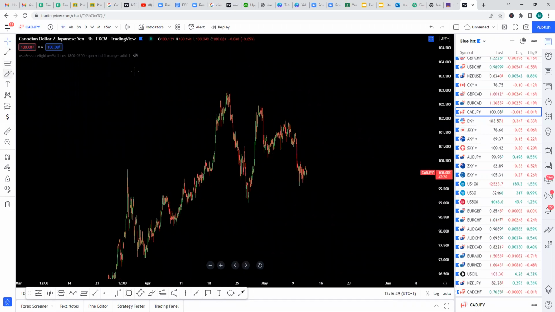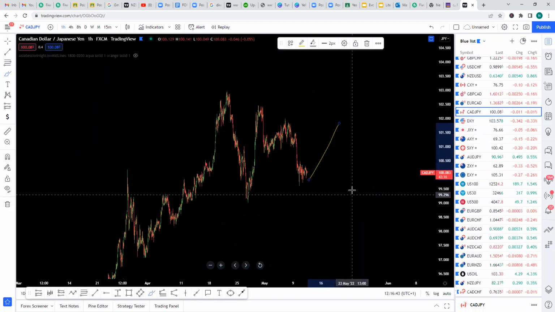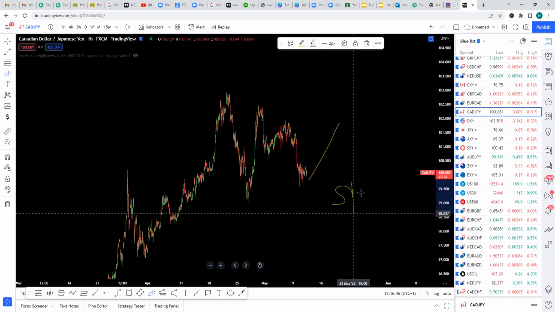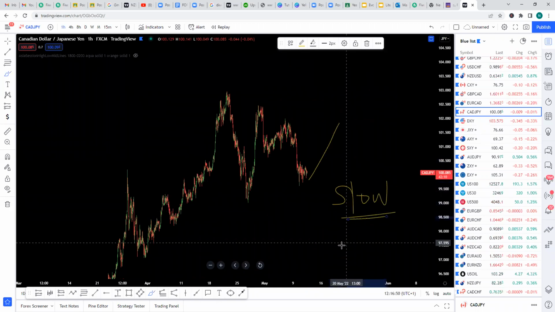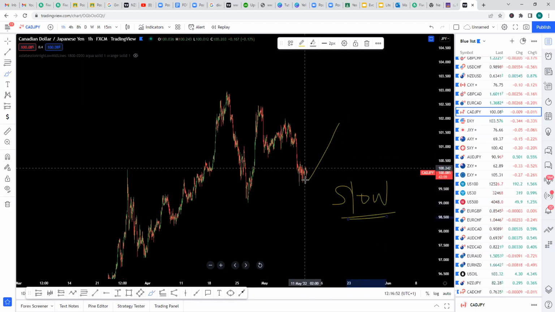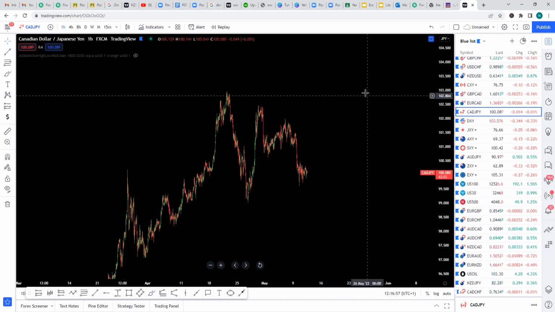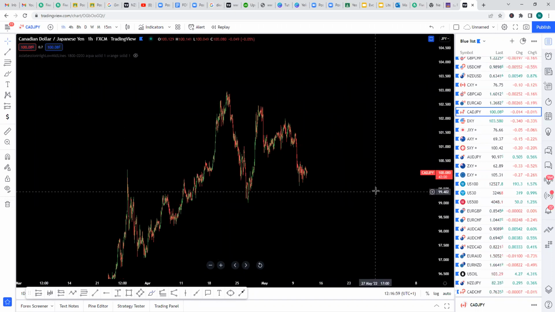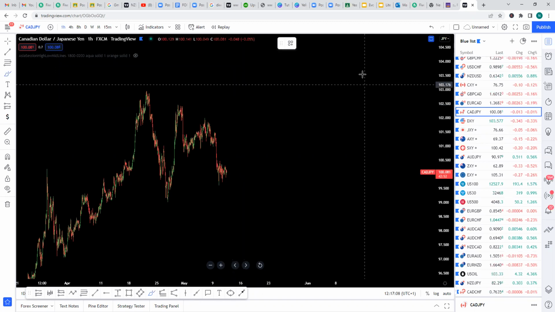We are still biased to the upside, but unfortunately, this week market has been extremely slow. Market has been extremely slow, almost remaining in the same position. But at the end of the day, this move is highly favored. Okay, that is CAD JPY. Now, the main thing I want to focus on today is to discuss with you